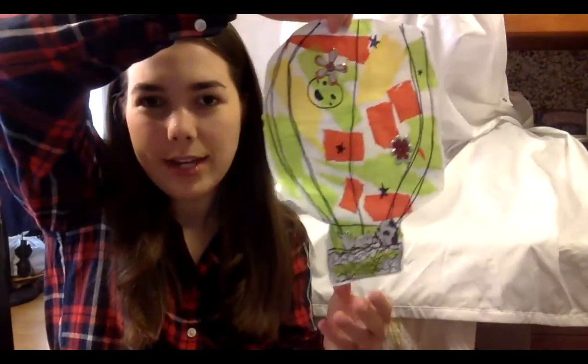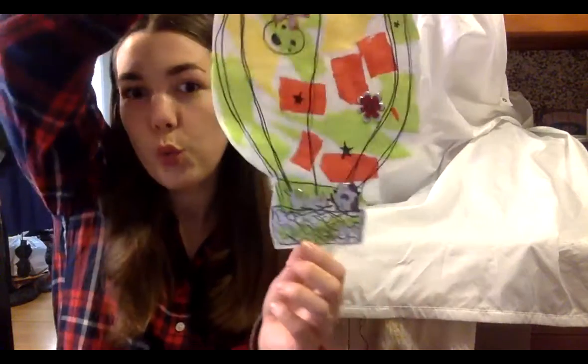And today we're going to be making a floating hot air balloon. So here's one that we made in our class today. And so we're going to work together step by step to make our own hot air balloon, okay? So I was telling my friends earlier